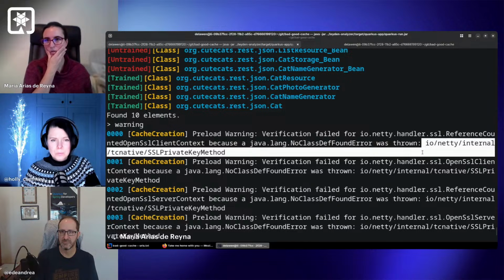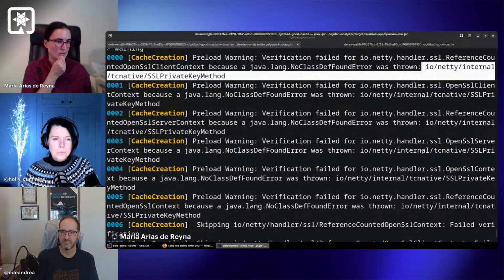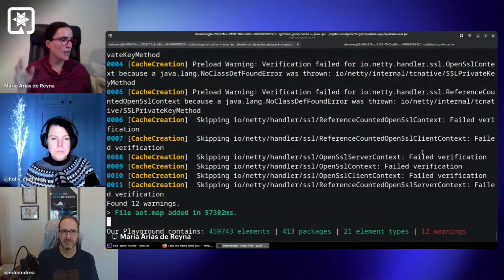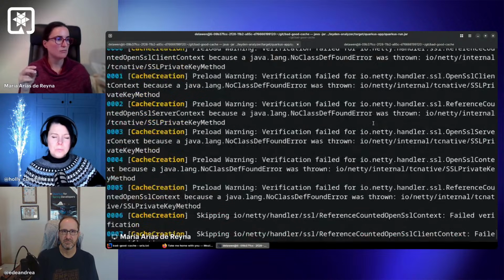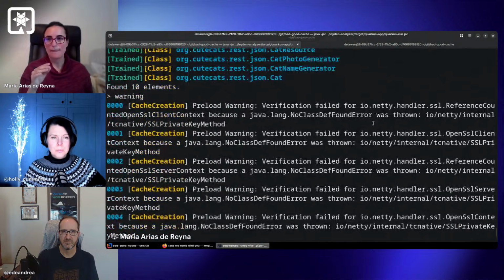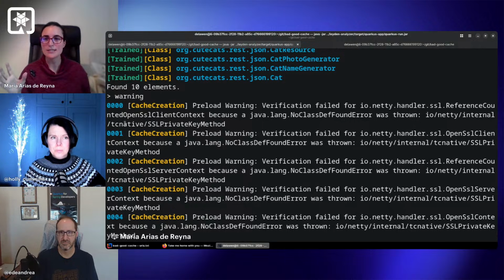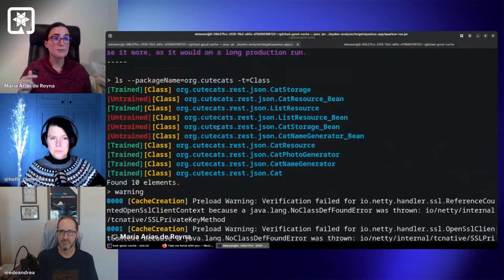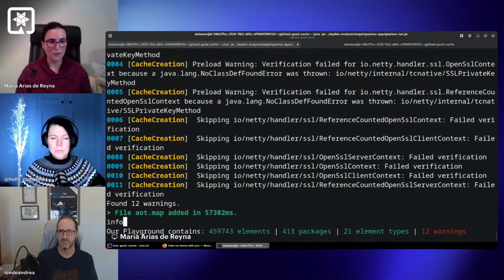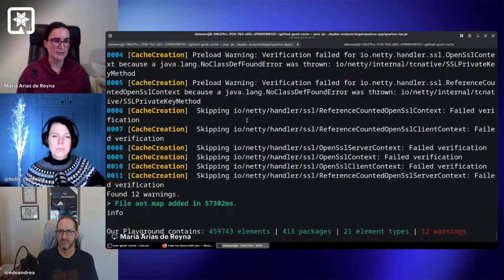This is something that we have discussed previously on another channel, that there are some failed verifications. So the AOT cache is very strict on what is inside. If there is something weird, like I couldn't find this native on the dependencies, I'm just going to skip it. And that's probably why there is this 4% of classes that are not